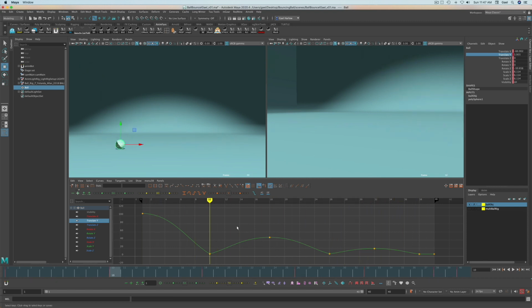We can also change how fast it bounces into the ground. So let's just do that here on the first time that it hits the ground here at frame 10. So I'm just going to select that. I'm going to come up here to this button and I'm going to hit it. That breaks my tangents, which means that I can manipulate the tangents independently. So first I'm going to select the one here on the left. I'm going to hit W, and I'm going to